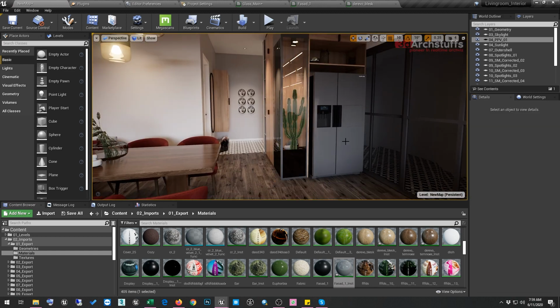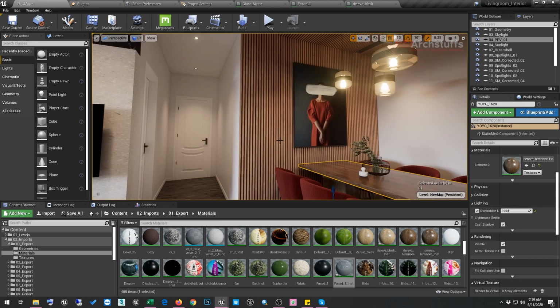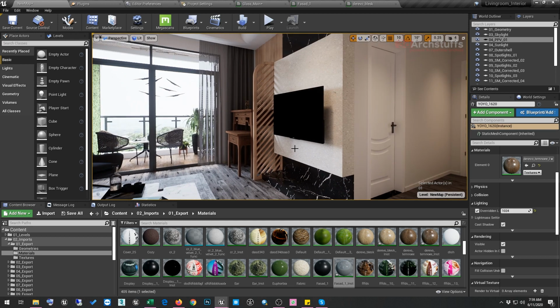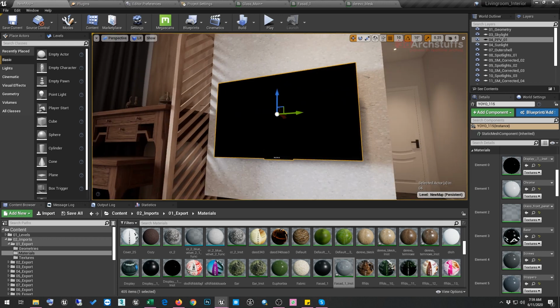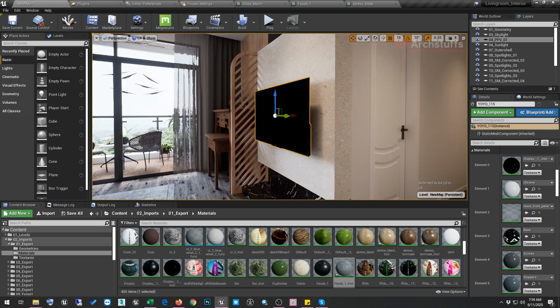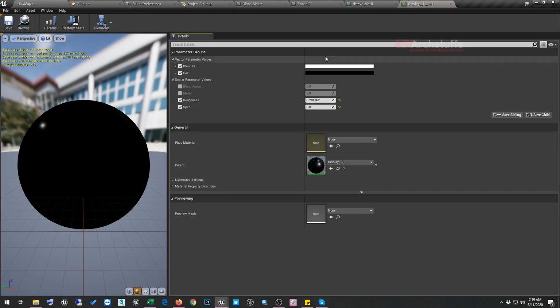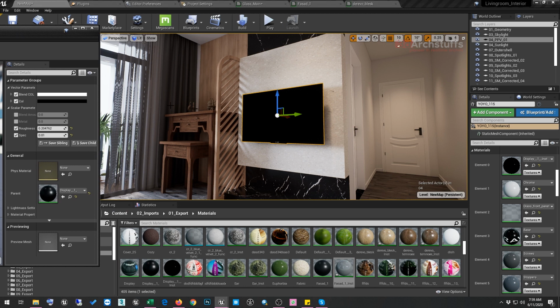And your work is to adjust the reflection according to the surface and the amount you want. And okay, let's adjust the material on this TV also, so that you can get a hang of it. So I'll double click it and open it, and let's adjust this TV material now.